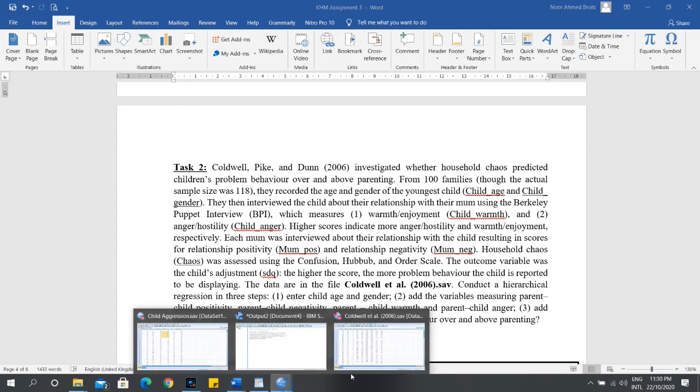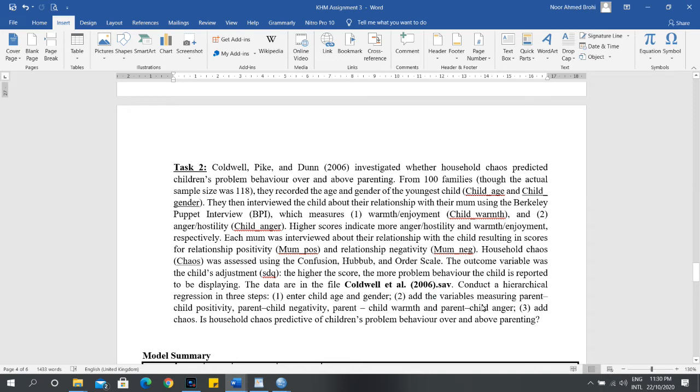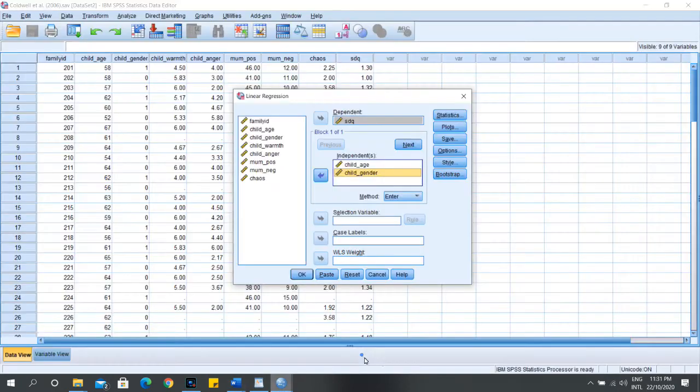And then in the second step add the variables measuring parent child positivity, parent child negativity, parent child warmth and parent child anger. So in the next step we will add warmth, anger, positivity and negativity.